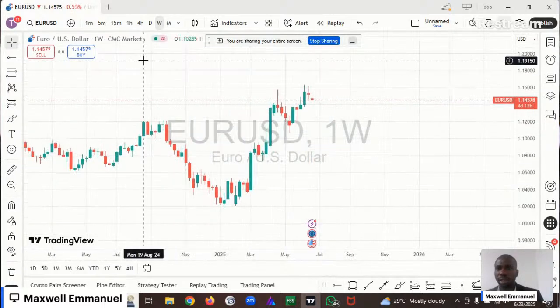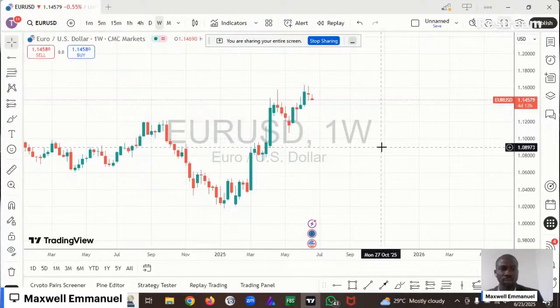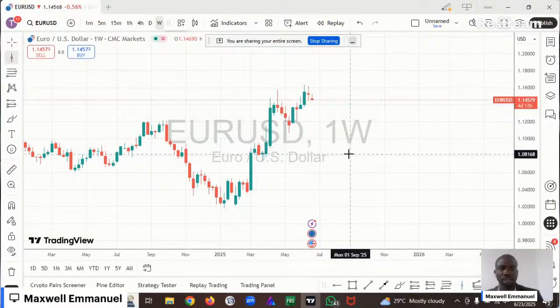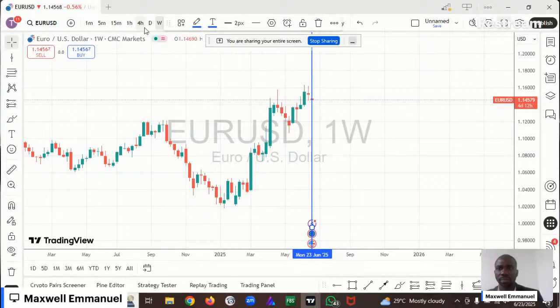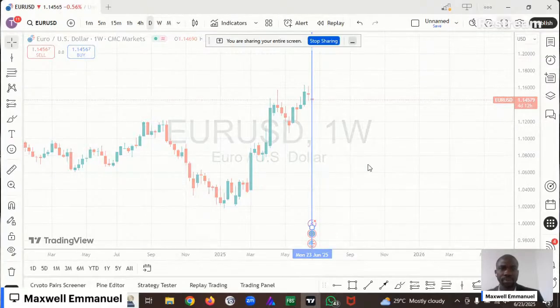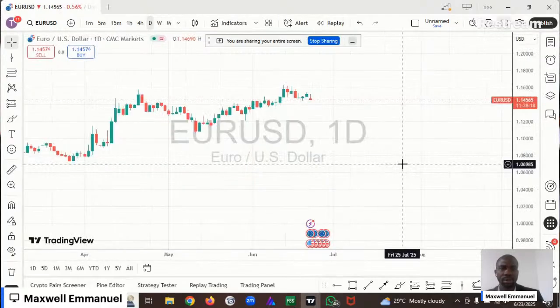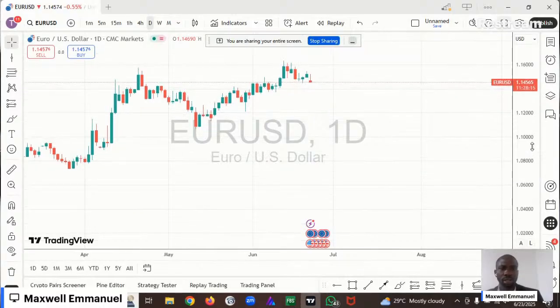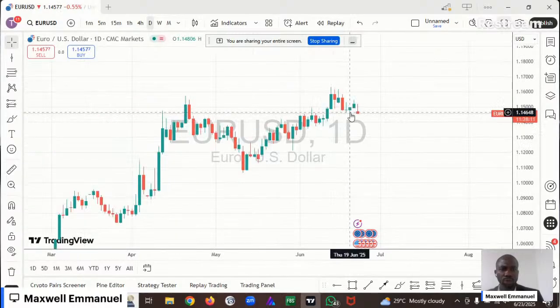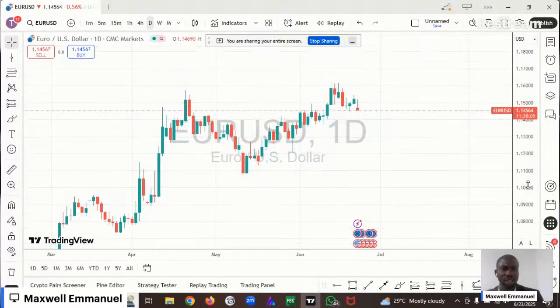Okay, so let's look at the daily time frame. After the close of last week candle, what pattern do we have on the daily time frame? Okay, so this is what we had on the daily time frame. Last week, on Thursday, a hammer candle formed, indicating change in trend